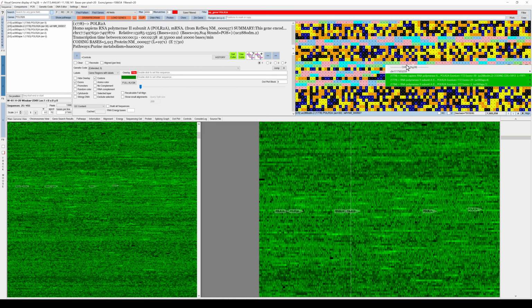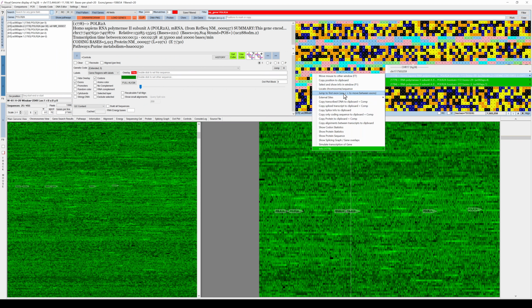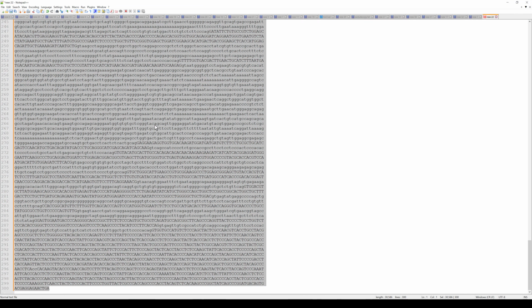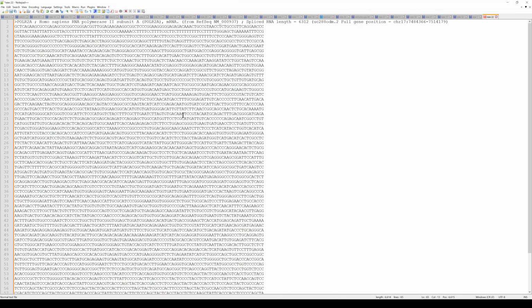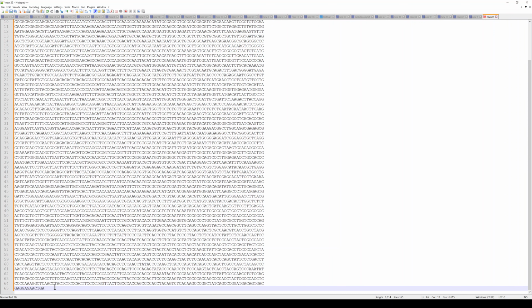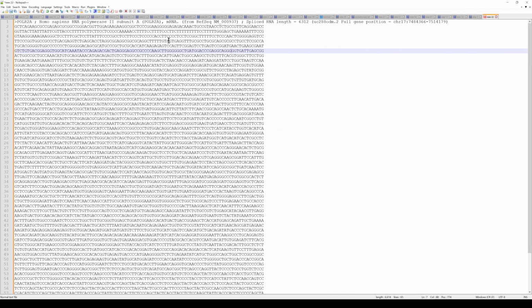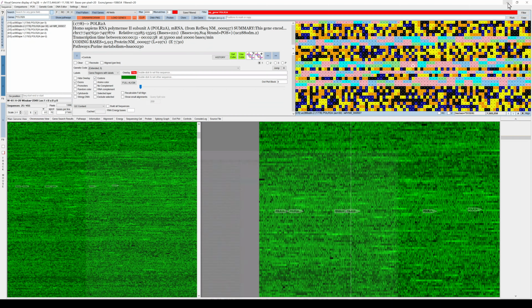If you want to copy, for example, the spliced transcript, that is after the spliceosome has removed the introns, then you select this option. And if you look at how it looks on the clipboard, it's much shorter. This would contain the coding sequence, but there is a 3' untranslated region that still needs to be removed.